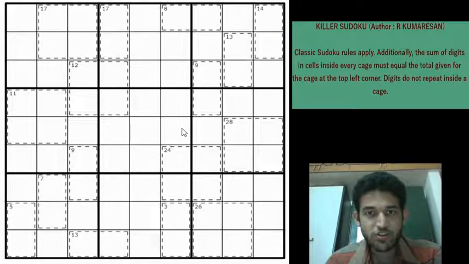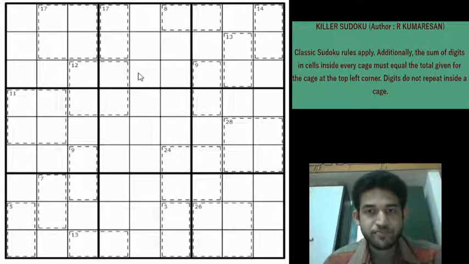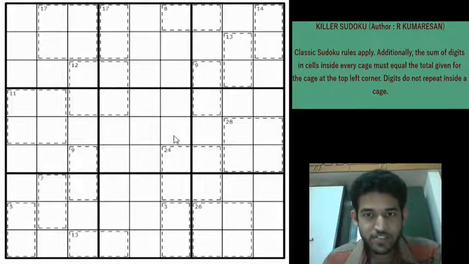The rules of the killer Sudoku are, in addition to standard classic rules, that is where you have digits 1 to 9 in each row, each column and each box, there are some cages given inside the grid. In each of these cages, digits do not repeat and the sum of the digits inside the cage is indicated by the clue given at the top left corner of the cage. Now during the course of this video, we'll see how to solve a killer Sudoku faster. So before that, we'll start solving the Sudoku and try to make some easy pencil markings.